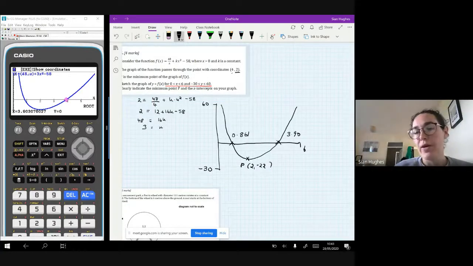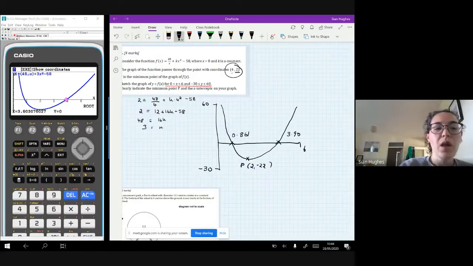And now we've got all the important things on our graph. But just before we do, a really good way to check that we've typed this in correct and that we got k correct is just to double check, is that really on our graph? Because if it is, we can feel pretty confident that we got this one right. So if we go to trace